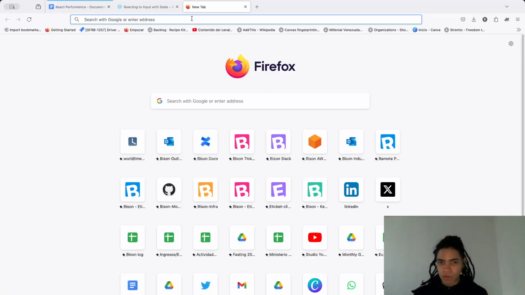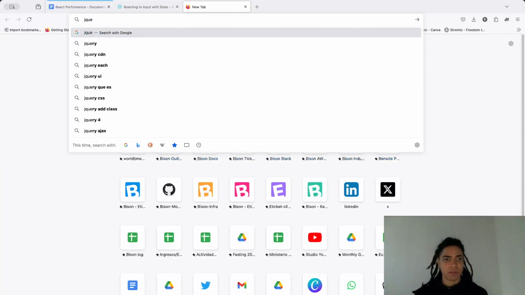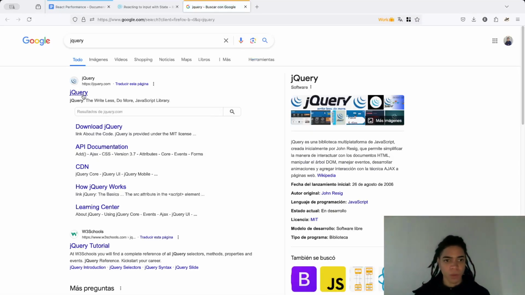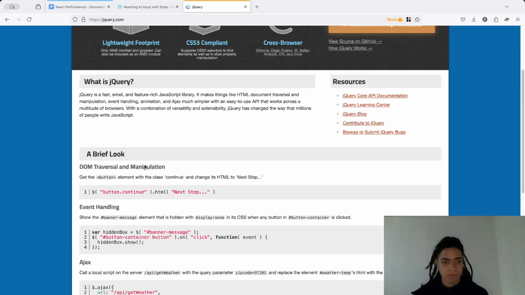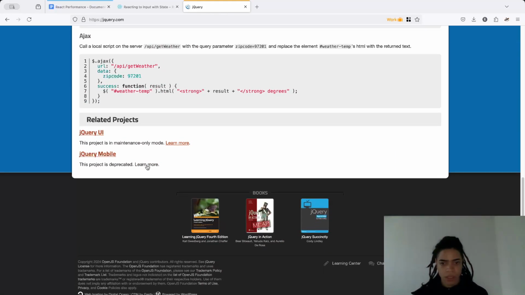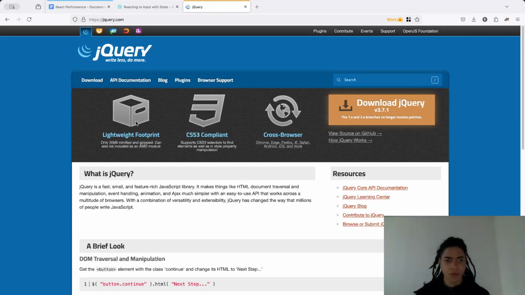It's like, I want to build this kind of application without perhaps jQuery, to make our life much simpler. Perhaps with jQuery. I think they're going to launch that, lightweight footprint,